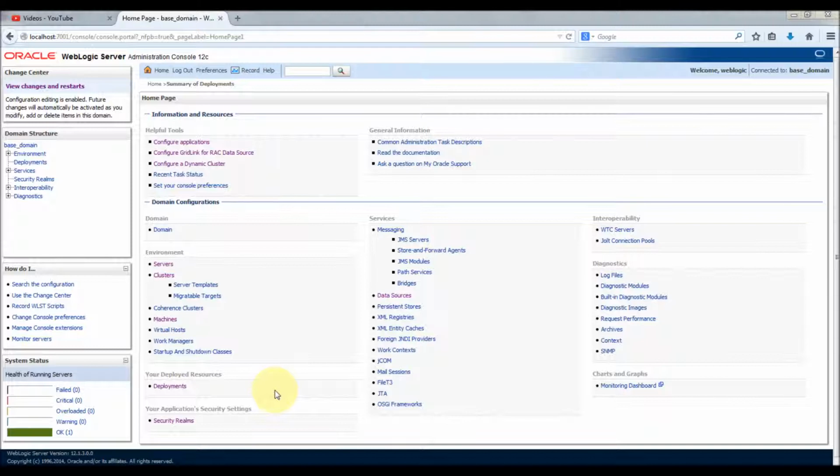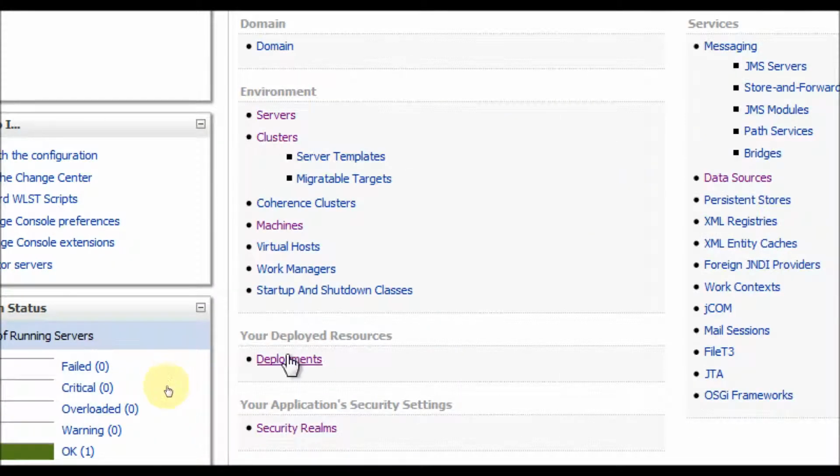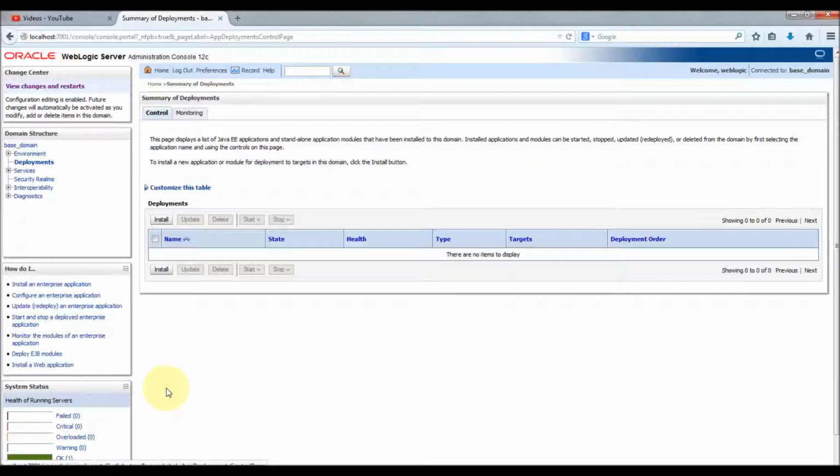So I just logged into the WebLogic console page. Once you log into the console page, in the home page you can see there's something called deployments. You have to click deployments, and this is the page where it lists all your deployments. Currently I don't have any deployments in this WebLogic server. Okay, let me try to